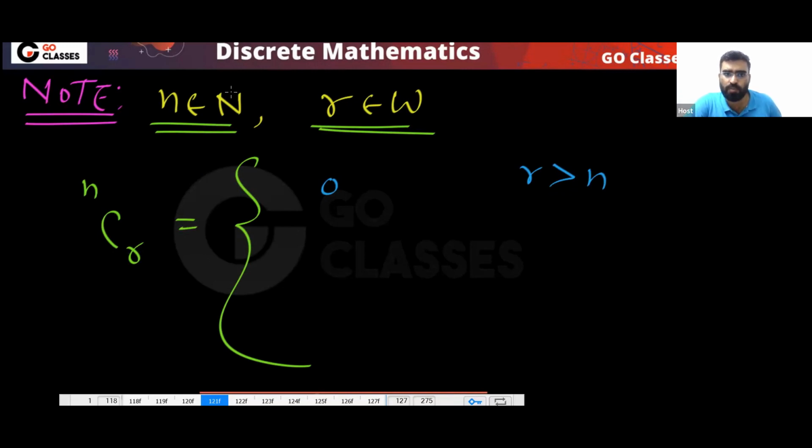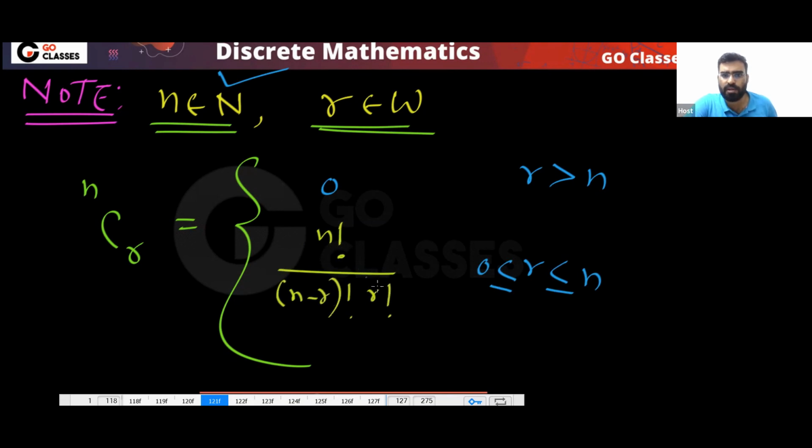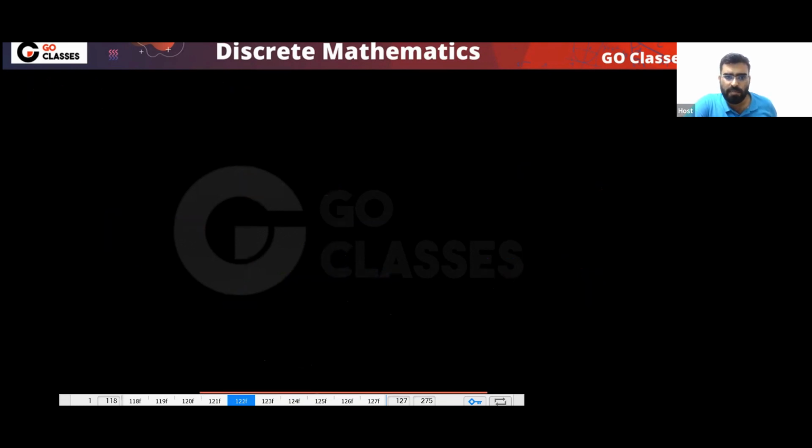Correct? Because when n is a positive integer and r is less than or equal to n, greater than or equal to 0, your answer will be simple NCR. You can just find n factorial divided by n minus r factorial, like this. But remember,